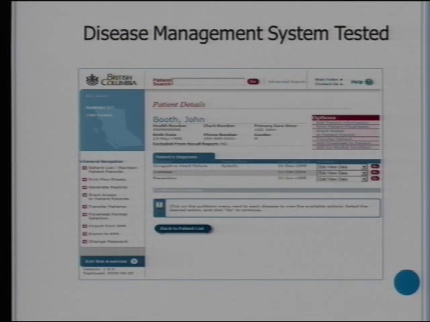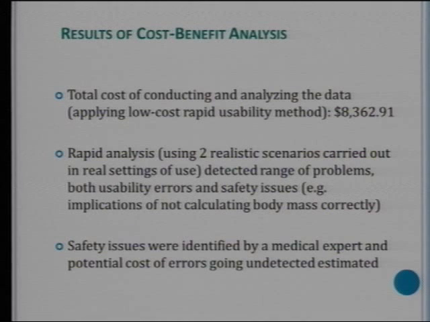So he had people come in, 8 users, listed them for what they'd actually cost for their time, and calculated the whole thing. And then there were fixes that had to be made because they were actually going to release it for real, and he had a table of charts of what each fix would cost. So the total cost of conducting and analyzing the data, and the only reason this was as high as $8,000 is because we included the one-time cost of the laptop.